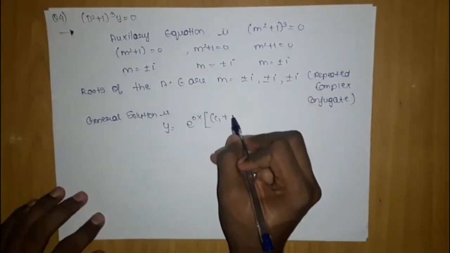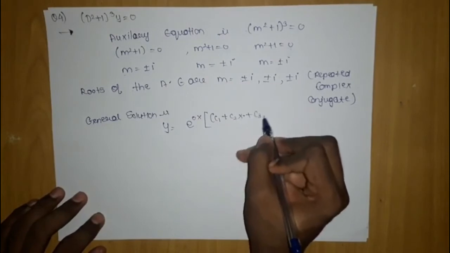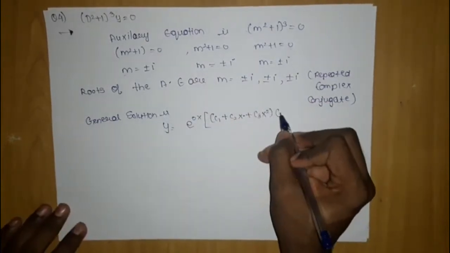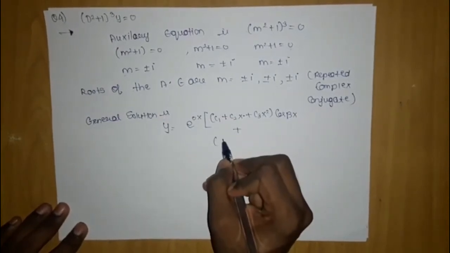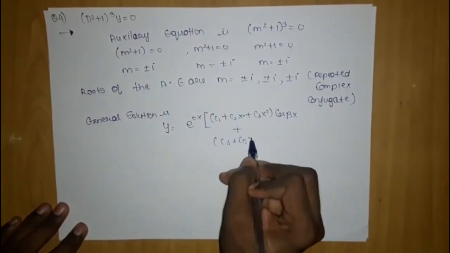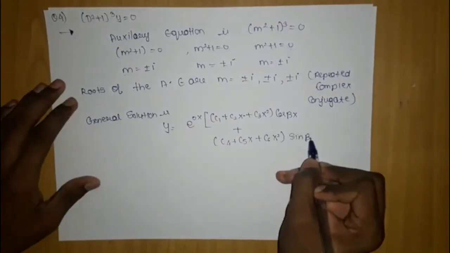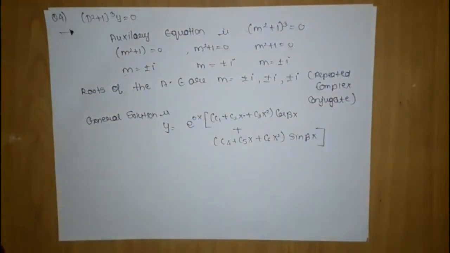C1 plus C2x plus C3x square, all three into cos beta x, plus C4 plus C5x plus C6x square bracket sin beta x. So this is our required general solution. Whenever complex roots appear, you have to take the 3. Here if 3 roots are there, this will be plus 3i and minus 3i. Okay,